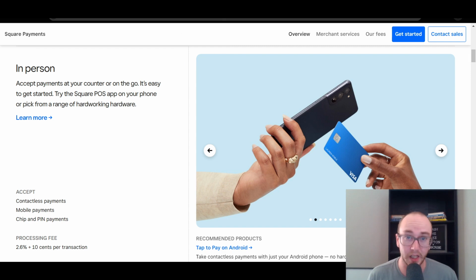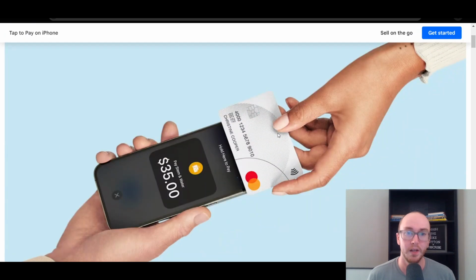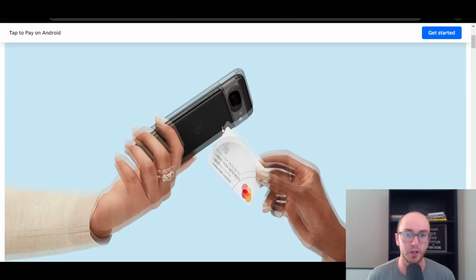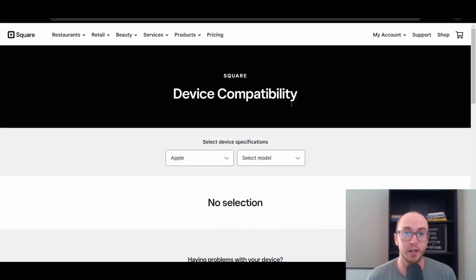I will leave a link in the video description to this page here. This is the Square device compatibility page. This is where you can check specifically what device you have and the model and whether or not you can actually do this on your phone. Because if you have an older device or maybe an older iPad even, you may or may not actually be able to do the tap to pay, whether that be for an iOS device or even the tap to pay on Android. So they do have it available for both iOS and Android,